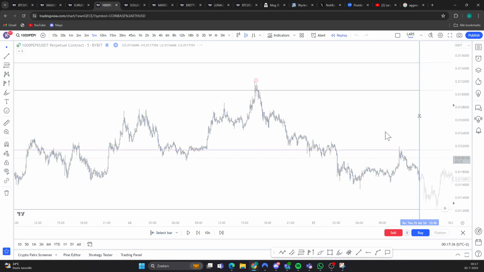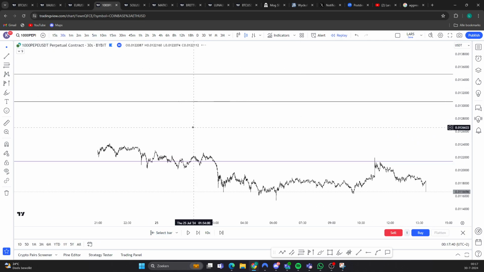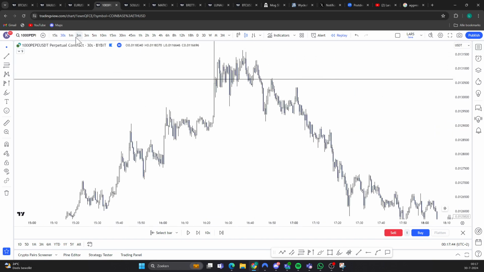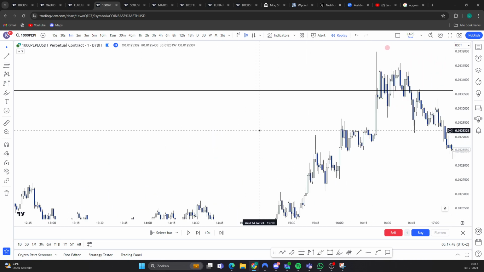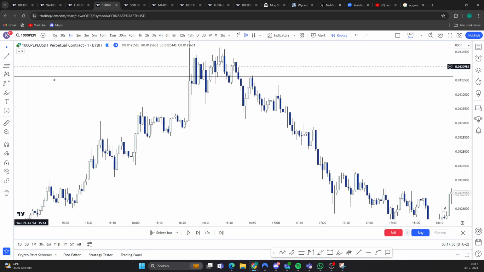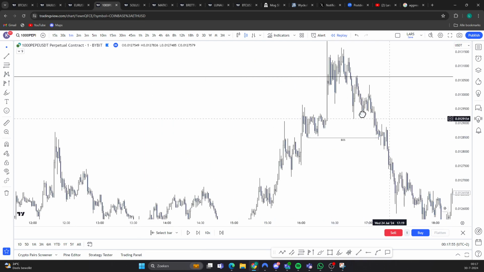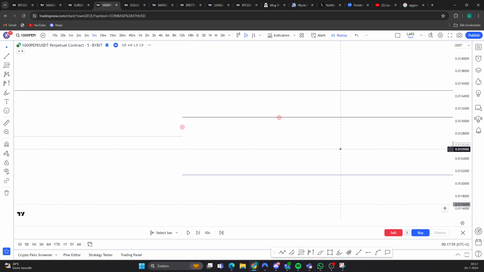Let's zoom in. And I think this is where I actually used the 30-second structure, no? Because we got the high volume spike. Or was it also 1? Let me check. Let me double check for you guys. Oh no, it was 1 minute structure. It was just 1 minute structure. Boom. Break. So it was such a good looking high time frame setup